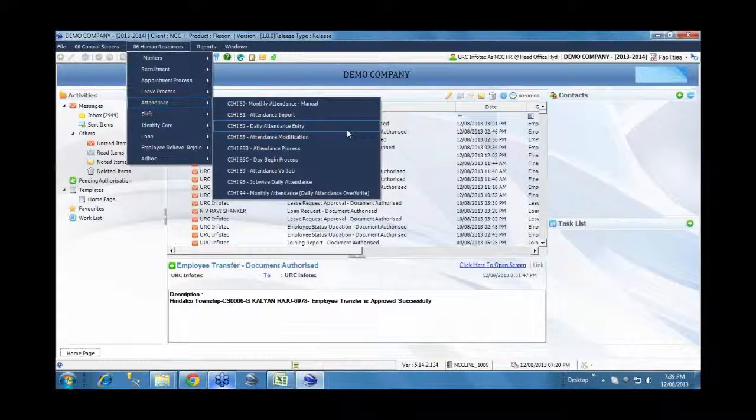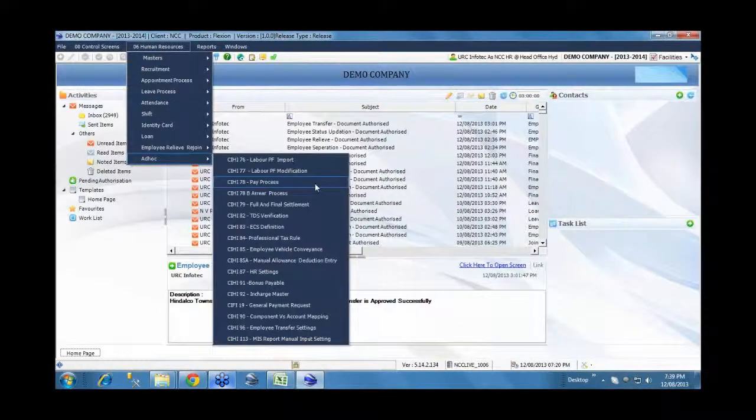Okay, so this is relating to the attendance, right from integrating with card readers to direct entry. Now we can probably show you how we can run a payroll, the process involved in that, and then look at the various reports we have.